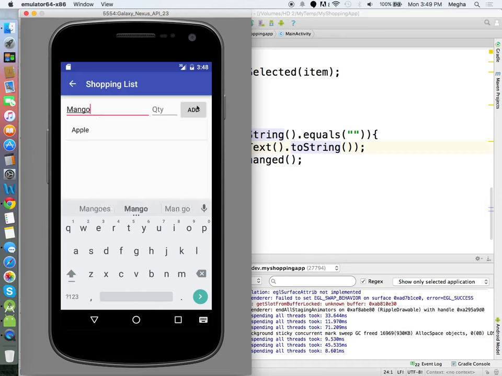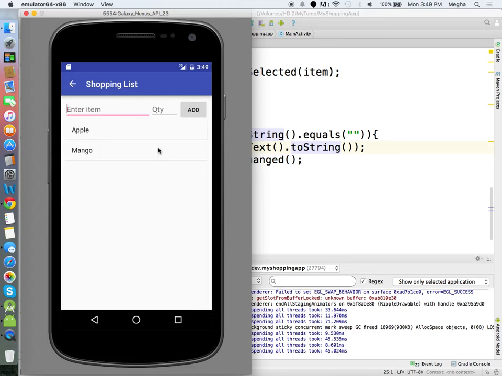Anyway, quantity I'm not checking, because I know quite obviously we cannot take that time. I may even go ahead and customize my requirements. Sometimes I want to put an image icon. I may customize to any level by writing my own adapter, customizing the existing one. So that also we are going to see.